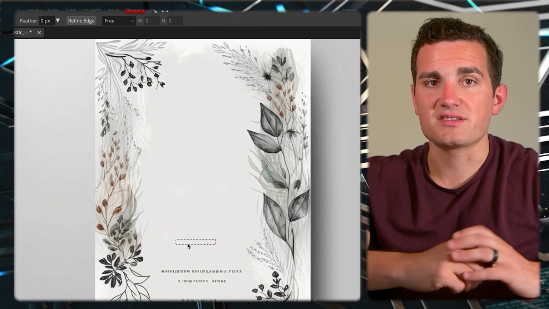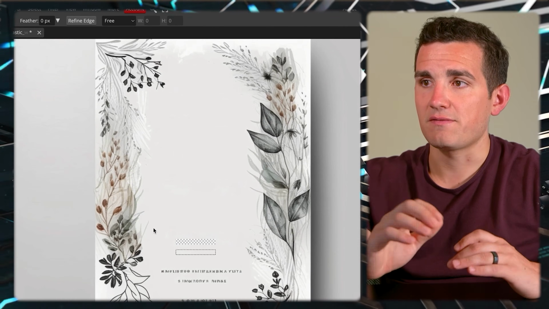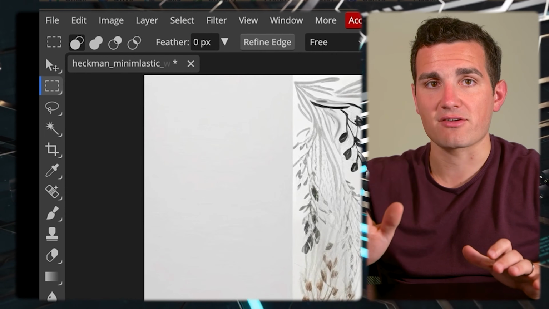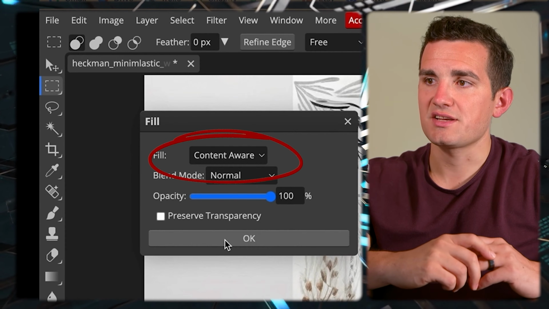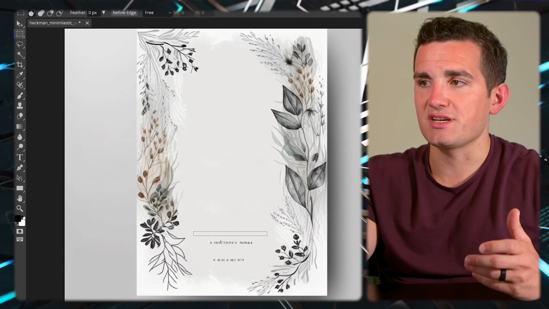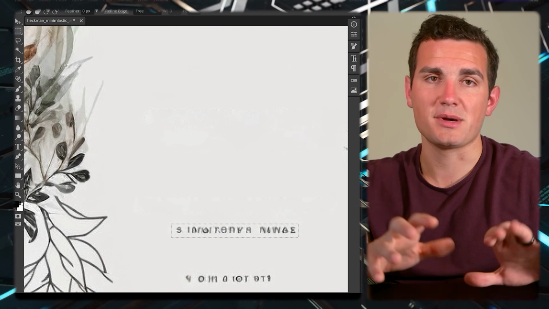Now, using Photopea's content aware fill tool, we're going to select all the text, fill it in with a plain background. So I just click and drag over the text, then go up to their fill tool, content aware, and click OK. And as you can see, it removes the text and replaces it with just a plain blank background,